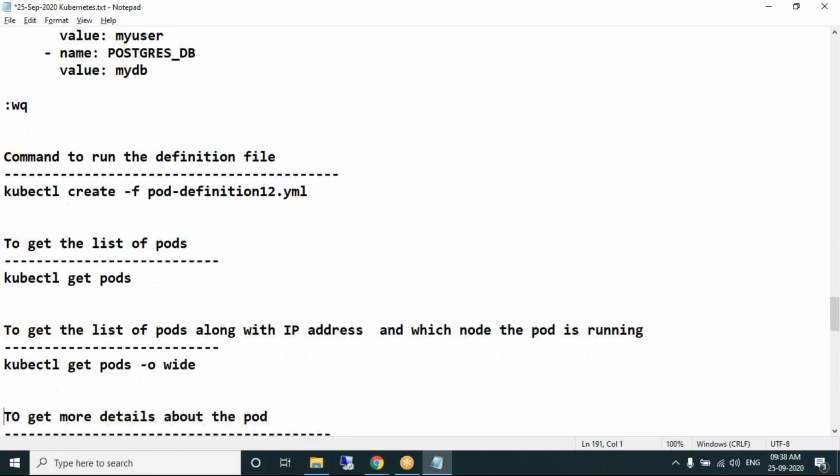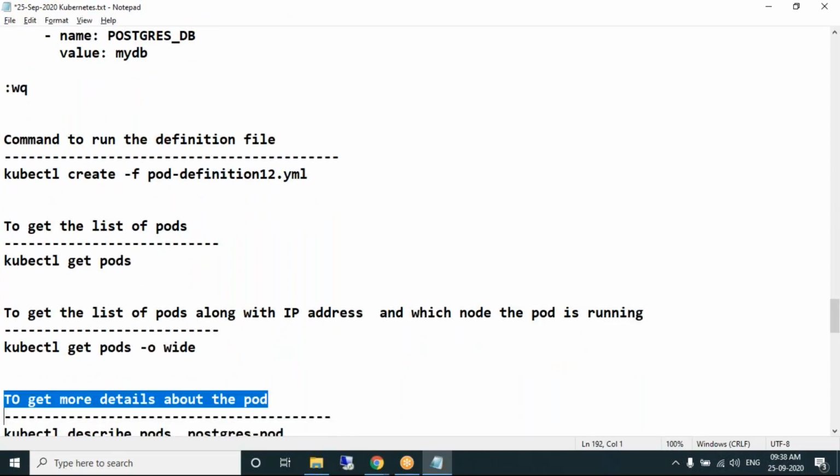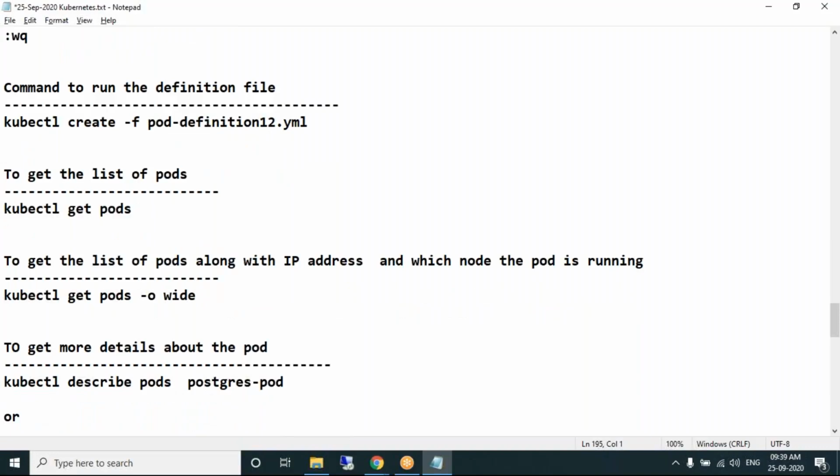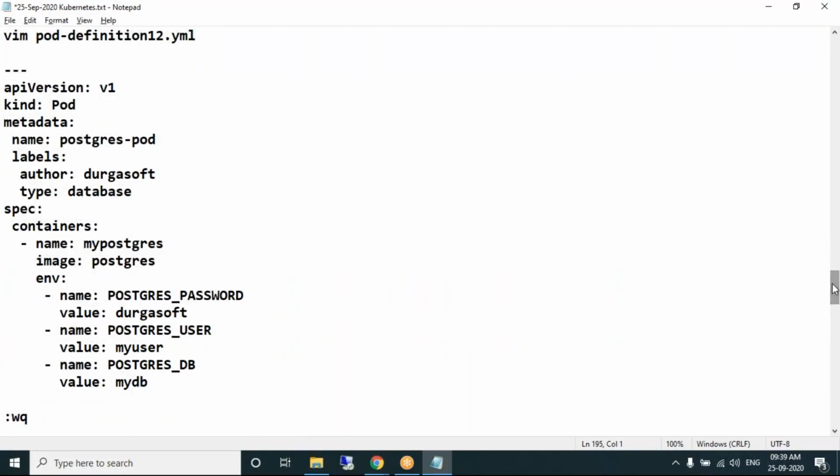To get more details about the pod, use the kubectl describe command. Mention the name of the pod. What is the name of the pod we have created? Postgres pod.